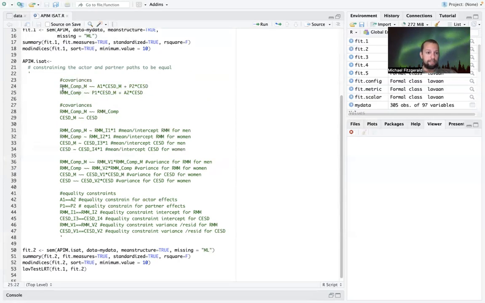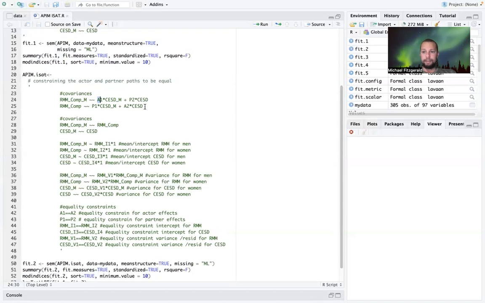And so you'll see I have male relationship mindfulness covaried with CESD for men and CESD for women, and I've attached labels. So A1 and P2 represent, again, the first actor effect or the second partner effect. These labels are incredibly arbitrary. I have estimated the ISAT model both ways using both regression and just simple covariances. And so I just chose the label A1 and P2 in order to keep with how I estimated using